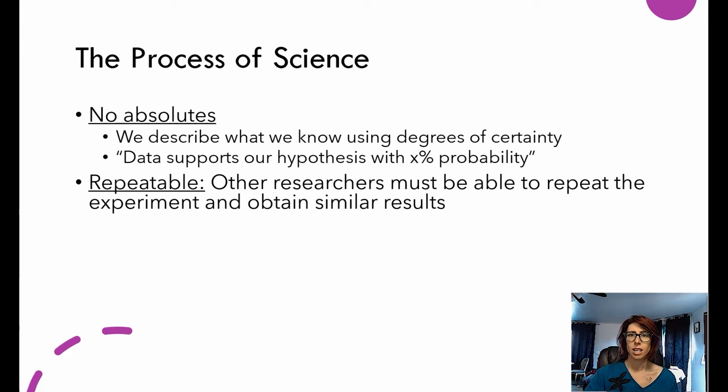And related to that, what if you conduct the experiment in a slightly different way? Do your data still support the same conclusions? So repeatability is essential. If you're the only person in the world who can find what you found, maybe there's user error. Maybe you're not really sure how to do the chemistry or whatever it is you're doing. Maybe it was a fluke, or maybe there's some nefarious